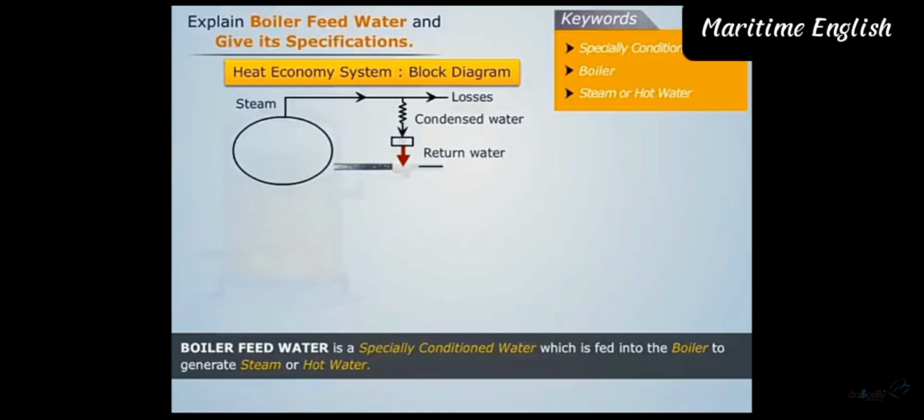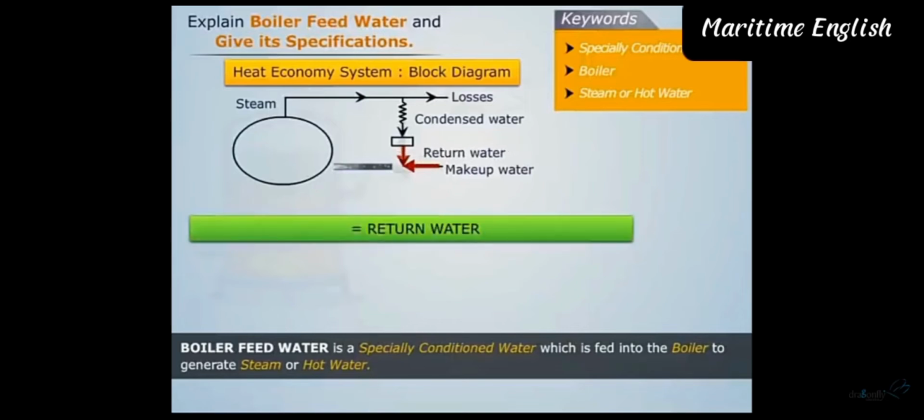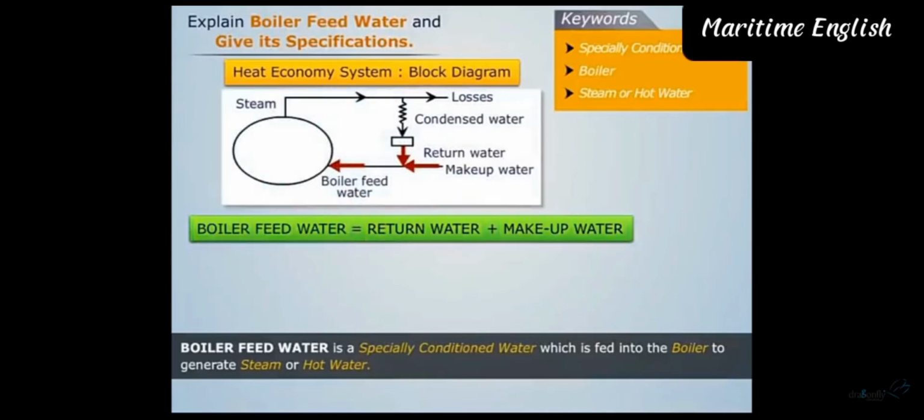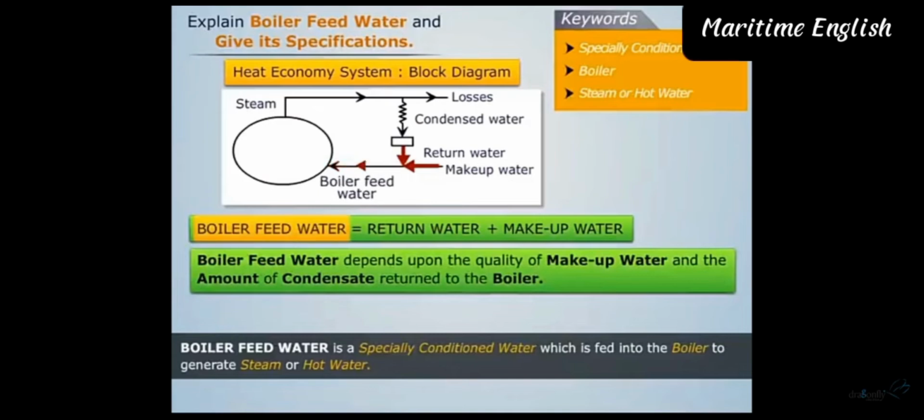Then some fresh water or makeup water is added to this return water. It is this combination of return water and makeup water which is fed into the boiler to generate steam. Note that boiler feed water depends upon the quality of the makeup water and the amount of condensate returned to